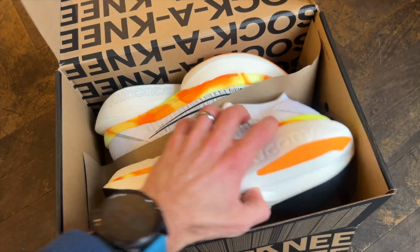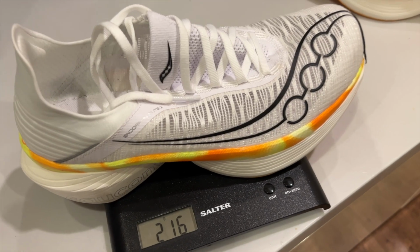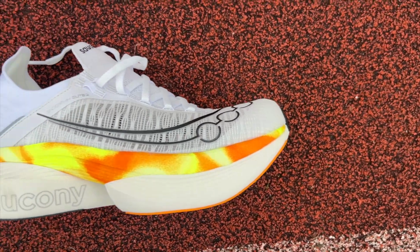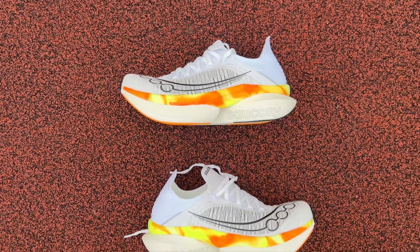It costs £280 or $275. It weighs in at 216 grams or 7.6 ounces. That's in the UK 8.5. Has an 8mm drop from heel to toe with a heel stack height of 39.5mm and a forefoot stack of 31.5mm. So there's been a few changes throughout the shoe, starting with the upper, which is now a knit and